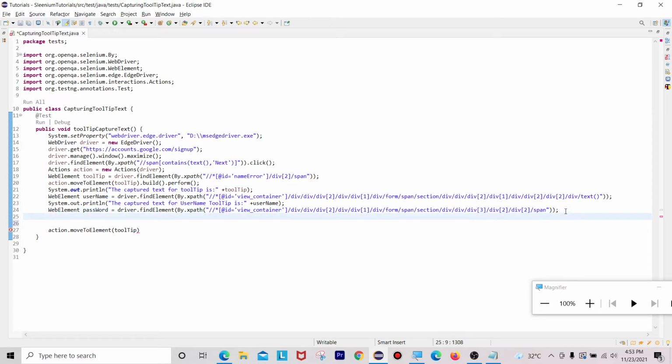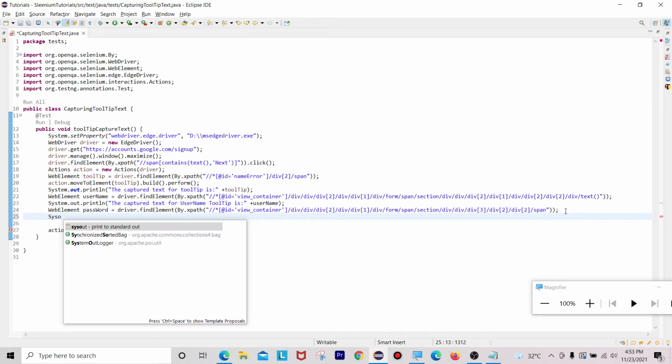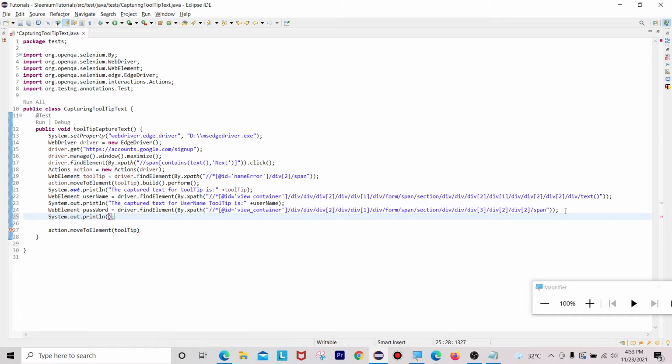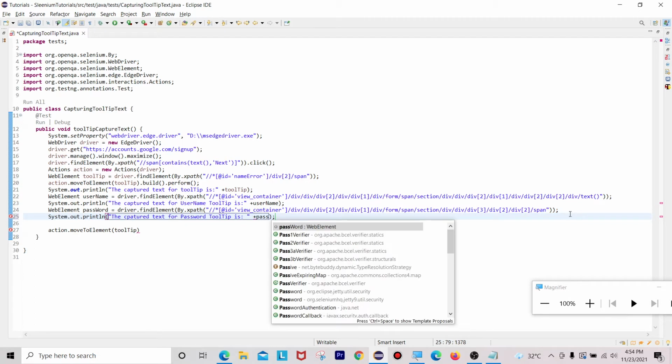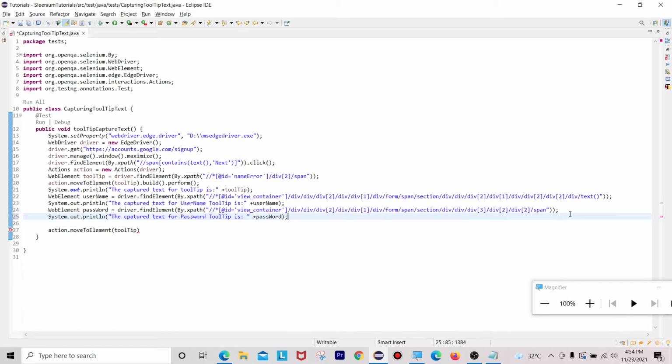Now I'm going to print with a sysout statement, "The captured text for password tooltip is", and password is the web element for that particular tooltip.